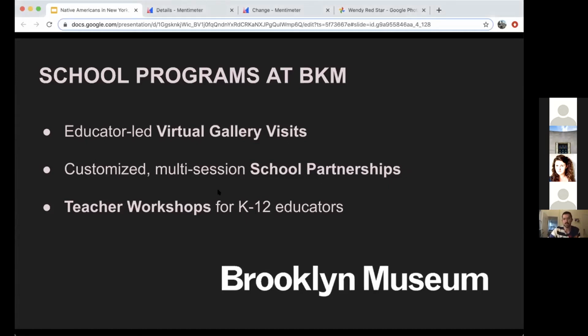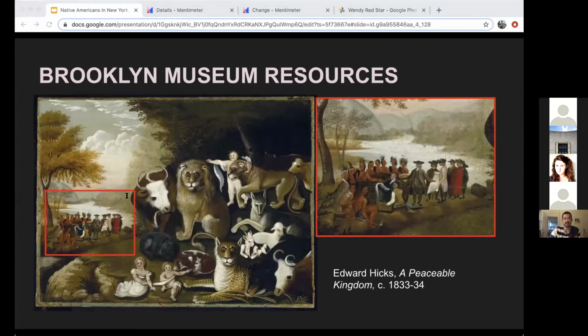The first one is artworks that have representations of Native Americans, but are not made by Native Americans, right? They're made by non-Indigenous artists. If you've been to basically any museum, you've probably seen things like this, representations of Native Americans created by white men. Because these kinds of images are so common, I think it's really helpful to look at them with students